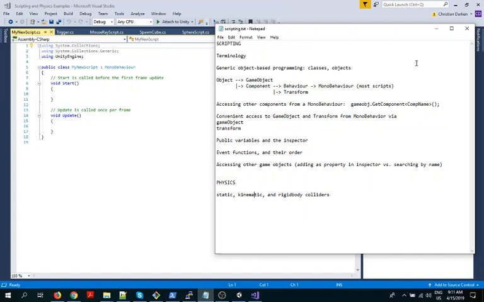And then it has two important children. The top one is game object. That's all of your 3D assets. Pretty much everything that you're going to populate your screen with is going to be a game object. But to make game objects do anything in Unity, we end up adding a bunch of components to them. So a component, in the sense of a class diagram, is a sibling of game object. It also inherits directly from object.